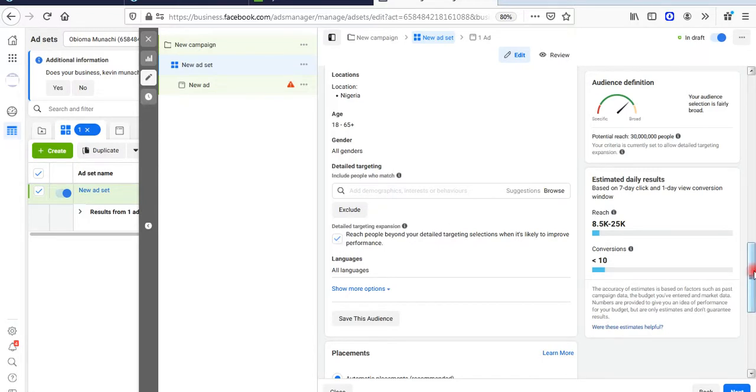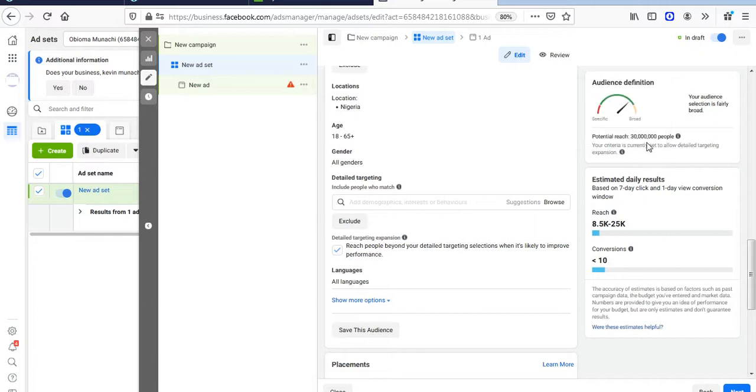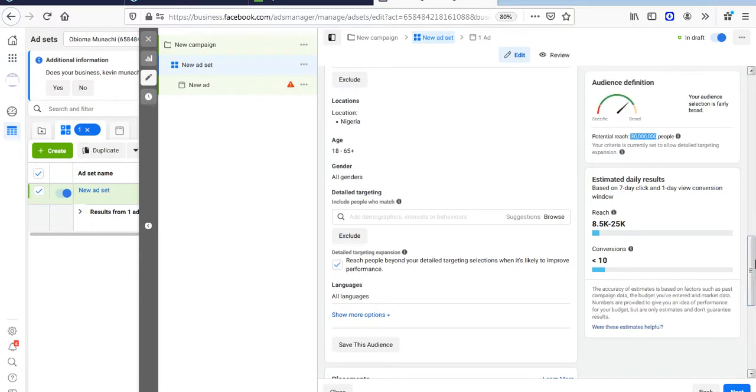Now imagine your audience is 30 million persons. You have a potential reach of 30 million persons, and this ad is supposed to run for days. It will take you more than 2 months to consume this 30 million audience, depending on your budget. If your budget is $100, it will take you days, weeks to consume this audience. And if your budget is, let's say, $20 or $30, you can imagine how long it will take you to